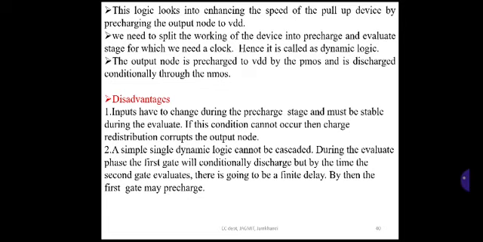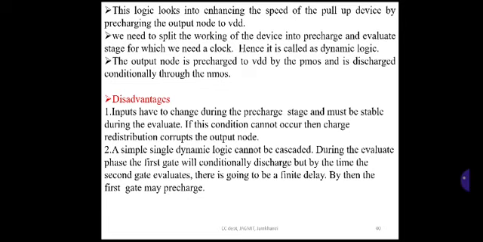When clock is equal to 0, Z is equal to 1. As clock is equal to 0, the P transistor is on and the other N transistor, which is connected to the clock, is off. So whenever clock is equal to 0, remember that Z is equal to 1, because Z is connected through the P transistor to VDD. That's why when clock is equal to 0, Z is equal to 1. This is called the precharge phase.